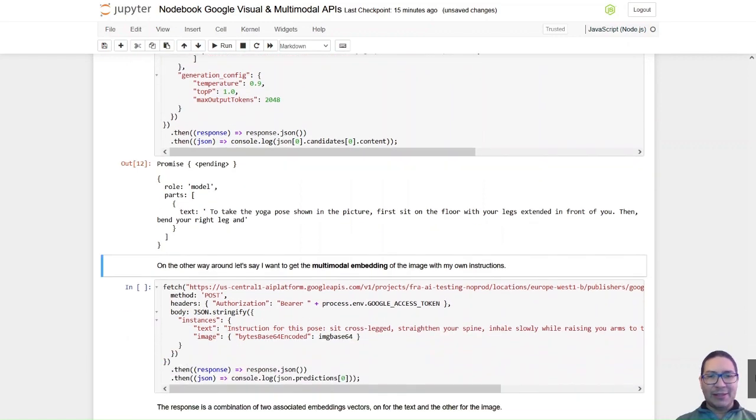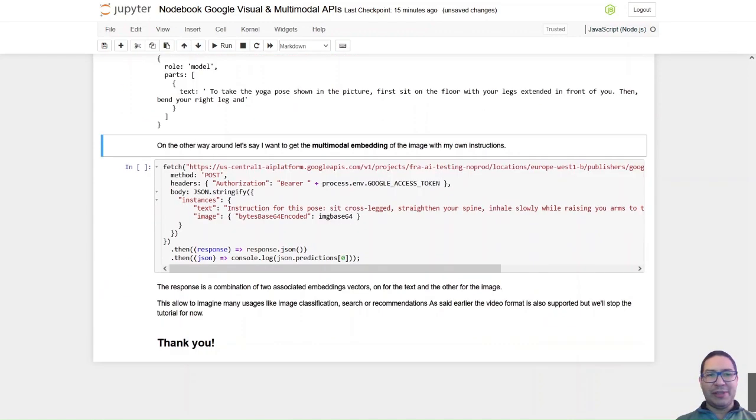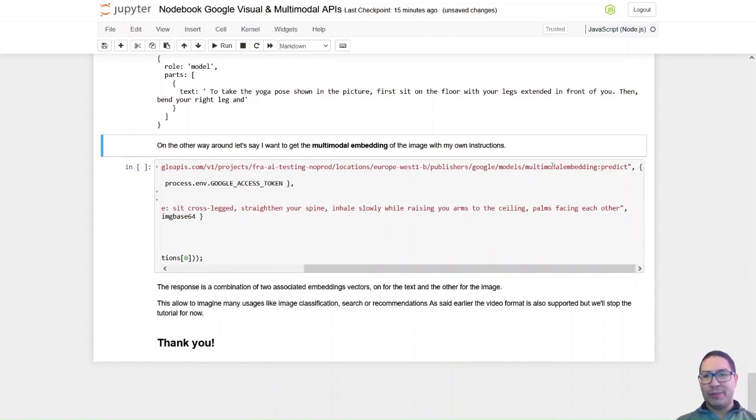All right, so now just to finish this very quick tutorial, let's speak about multimodal embedding. Of course, we can do textual embedding as with former PaLM 2 models, but I just wanted to illustrate the multimodal embedding. So basically, you change the model here, and it's the multimodal embedding model, and it's the prediction that